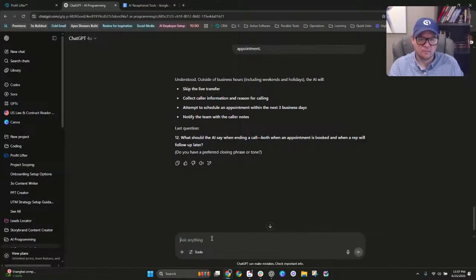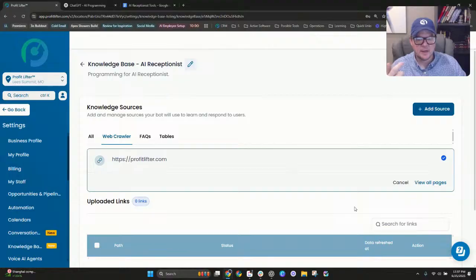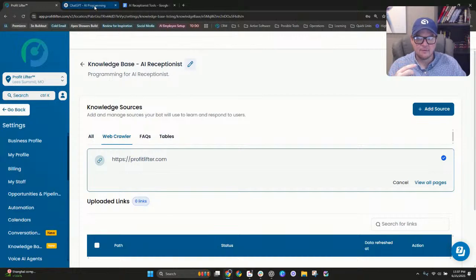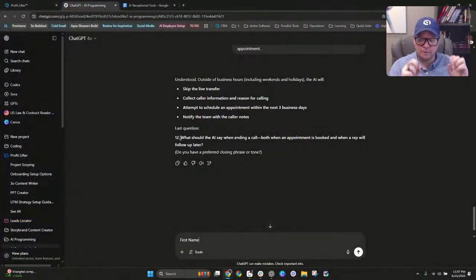Let's see. When ending the call, both when an appointment is booked and when a rep will follow up later, we'll say contact.name. Actually, we're just going to type in first name. Okay, so this actually brings me to an important point here. Usually in a situation like this is where you want to use your short codes or your tags that are available inside of your AI prompts. But when you're dealing with voice AI,